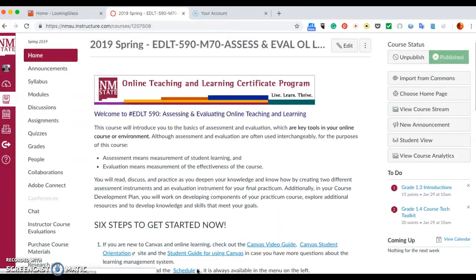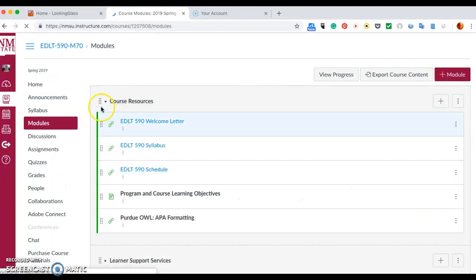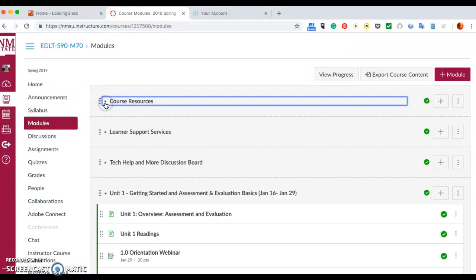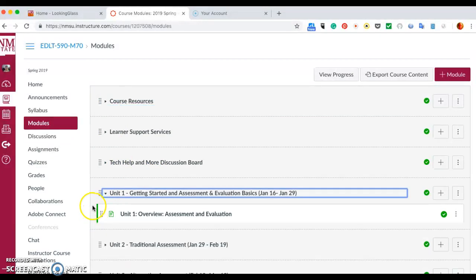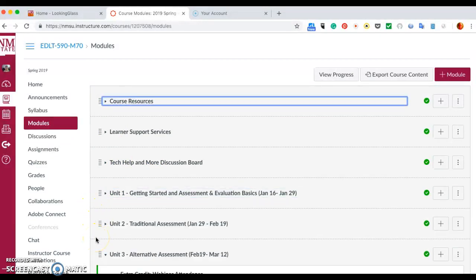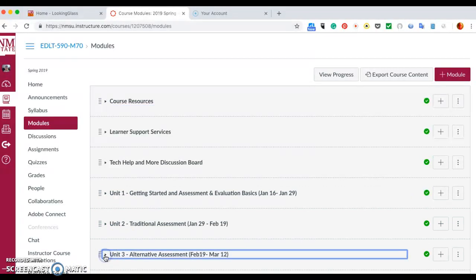But in terms of the structure of the course, and we are looking at the view that I see versus the view that you see, so all the stuff on the right-hand side may look a little bit different, but the left-hand side here, the course menu, should look like your menu. Modules. I use modules to organize this course, and the structure of the course I think is pretty easy to navigate, but if you have a helpful suggestion, as I like to say, constructive feedback, you are welcome to provide that feedback.